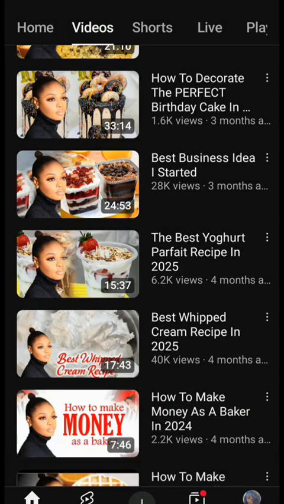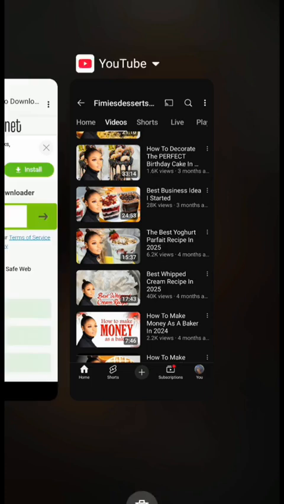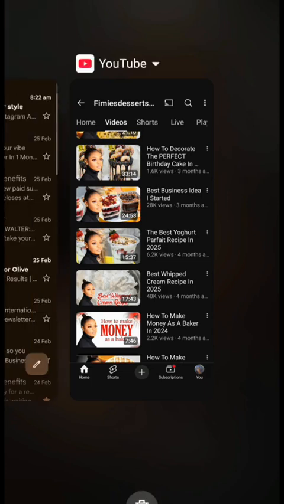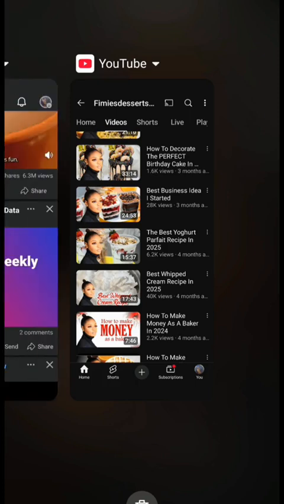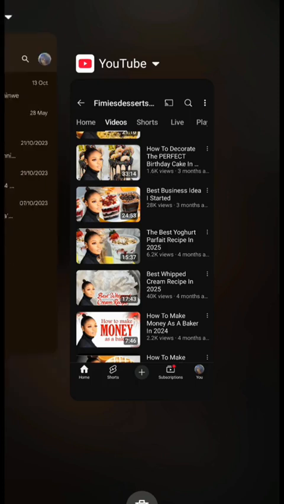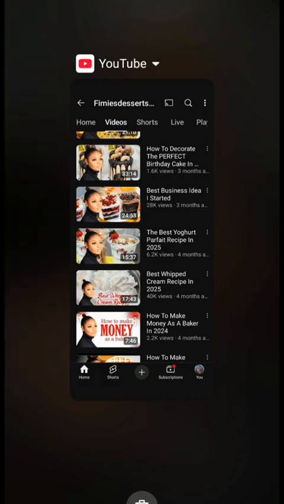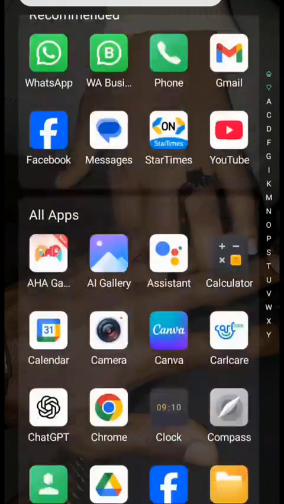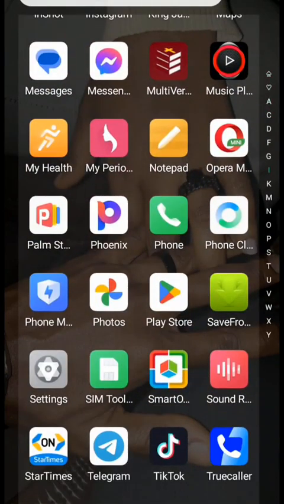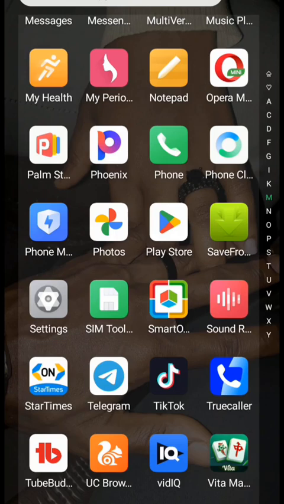Now there are 2 ways you can download videos from YouTube, and there's a particular app I use which is called Save From. You can go to the website of SavedFrom.net, or you can download their app. For an easy way, I use their app because I don't want to be looking for the website, and let me not lie, the website is filled with ads, unnecessary things that I cannot take chances on. So I decided to download the app, and this is the app. It is called